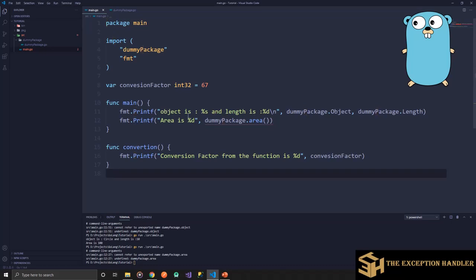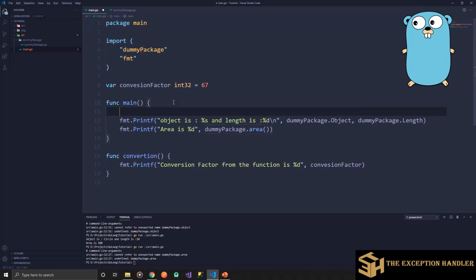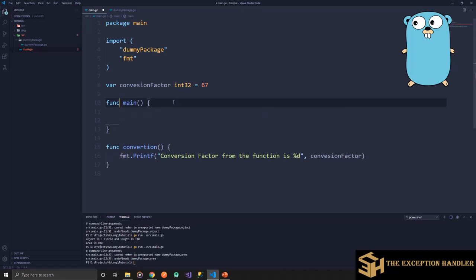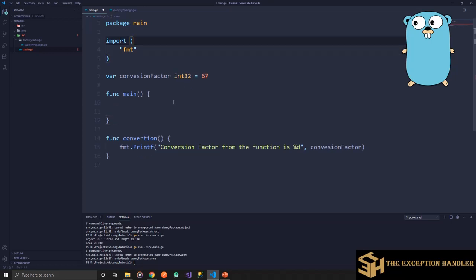Now let's also understand how we can use constants in our program. Let's get rid of the unused code and the unused package, because if we don't remove them, Go will be angry and give us an error. To declare a constant, we also have two type declarations, one implicit and one explicit.